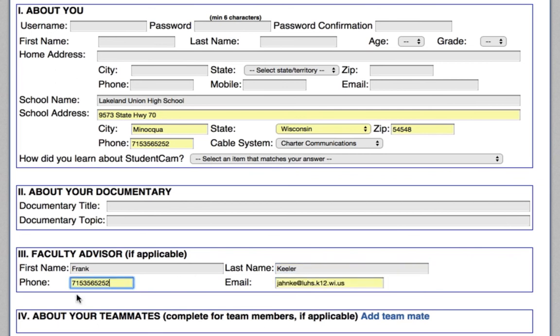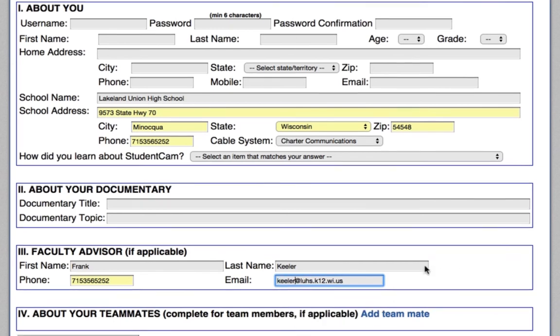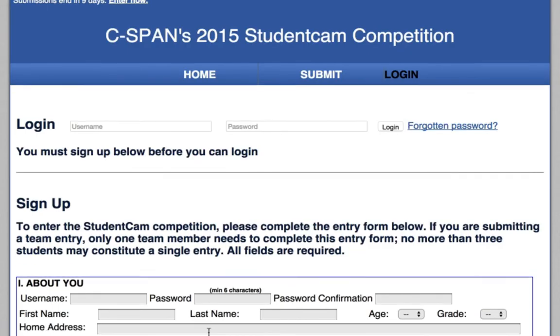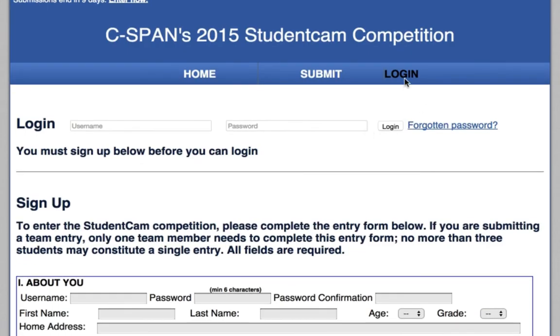Phone number, again, it's the same as the school, 715-356-5252. And use Mr. Keeler's email address. That's keeler@luhs.k12.wi.us. And then, if applicable here, if you worked in a group of 2 or 3, you need to add a teammate here. And then you're going to submit your form, and then you'll be able to log in and